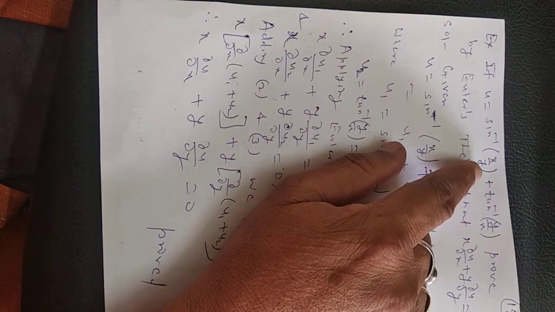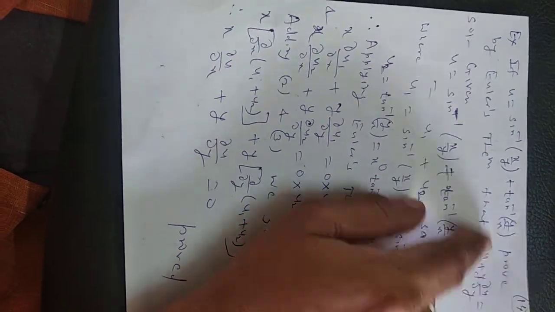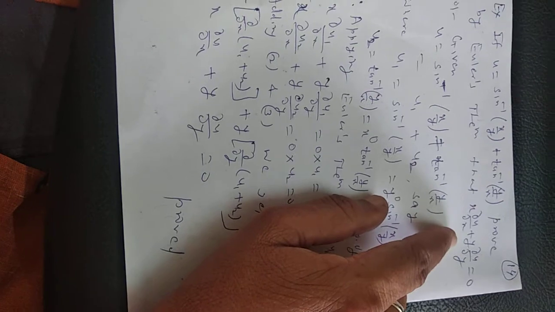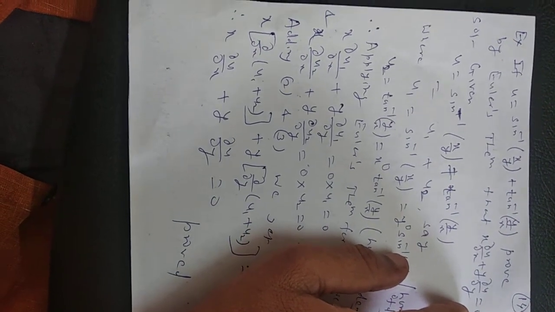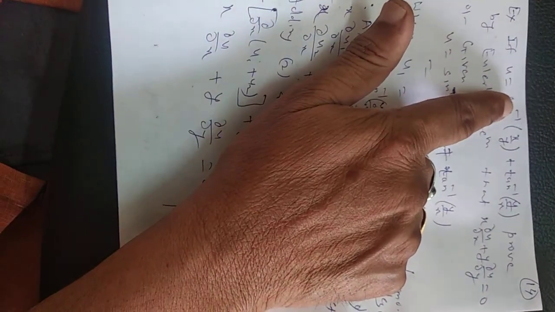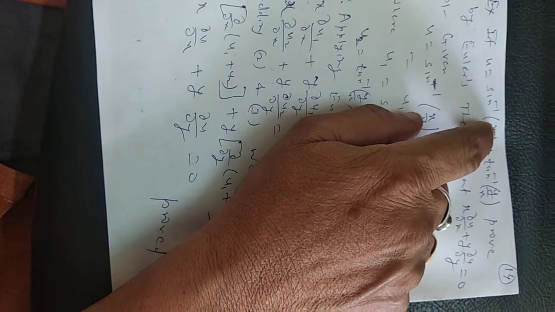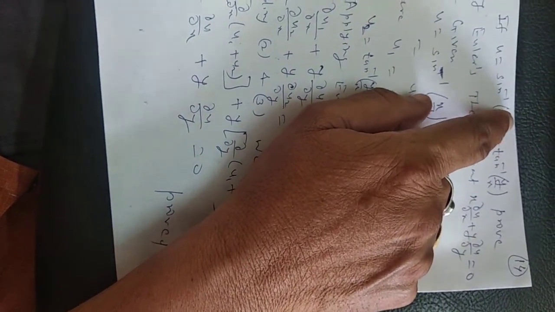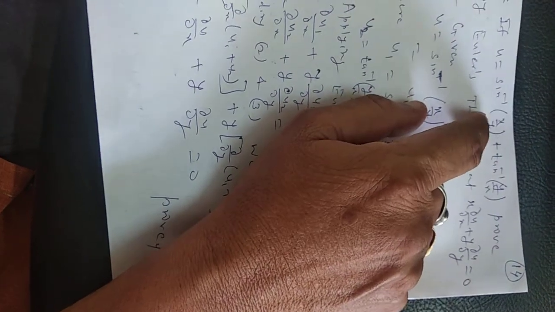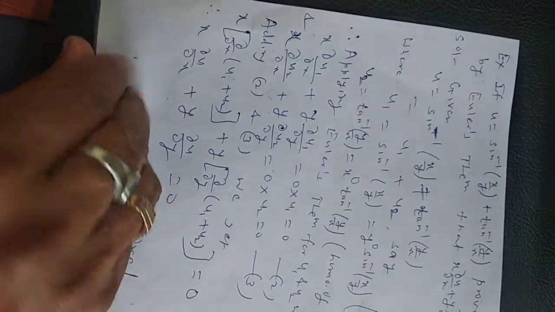Next one is: if u equals sine inverse of x by y plus tan inverse of y by x, prove by Euler's theorem that x dou u by dou x plus y dou u by dou y is equal to 0. If it is sine inverse, log, cos inverse, cosec inverse, tan inverse, and in the bracket whatever x and y are there, if the degree of the numerator and the degree of the denominator are the same, then the whole function is homogeneous. In the last example we have seen,